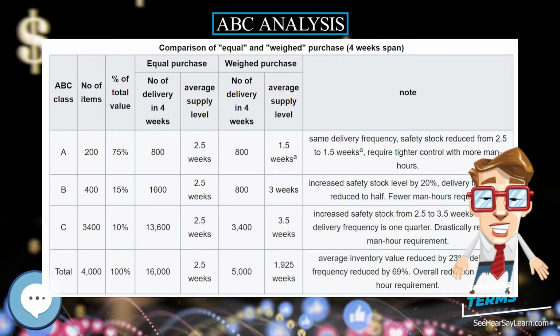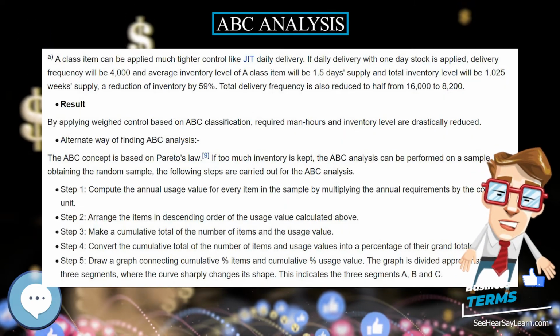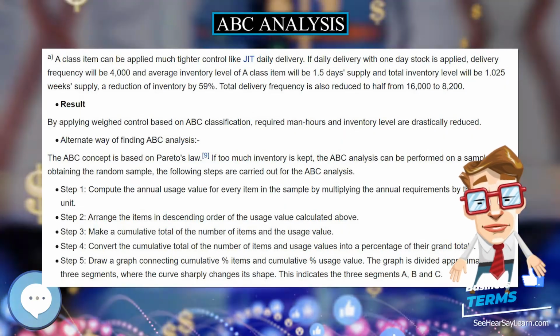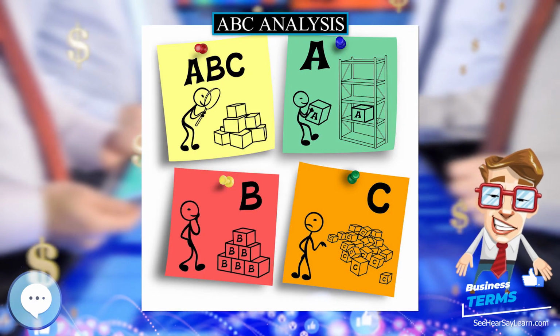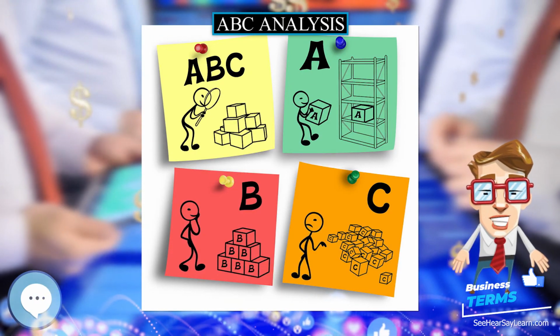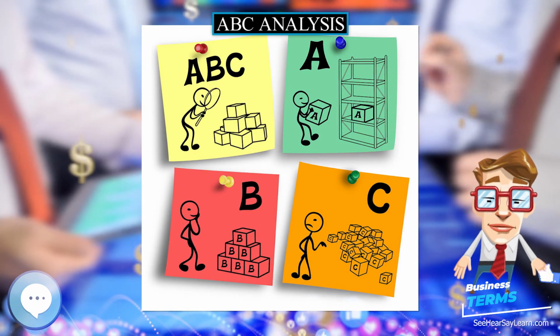And average inventory will be: A 75% times 1.5 weeks plus B 15% times 3 weeks plus C 10% times 3.5 weeks equals